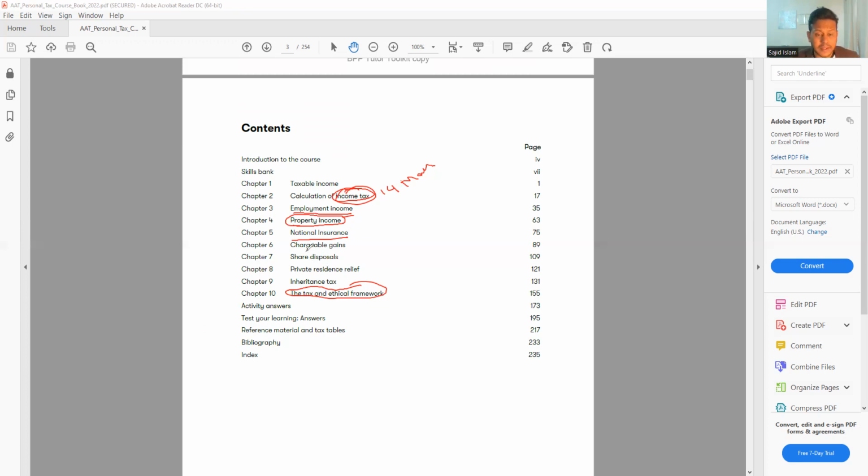Then we have chargeable gain. Now, chargeable gain is quite a tricky chapter. Here, we're expecting at least 12 to 14 marks from chargeable gain. We need to be careful with this chapter, and it's quite important for everyone. Chargeable gain is all about when you sell a fixed asset. For example, a computer, a painting, a table, an antique car. If you sell something that is a fixed asset for you, not your business stock, and you make some profit.